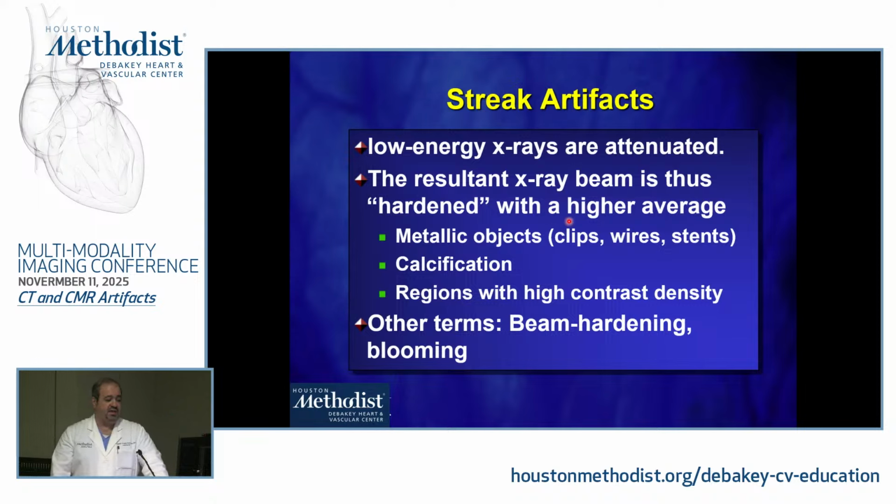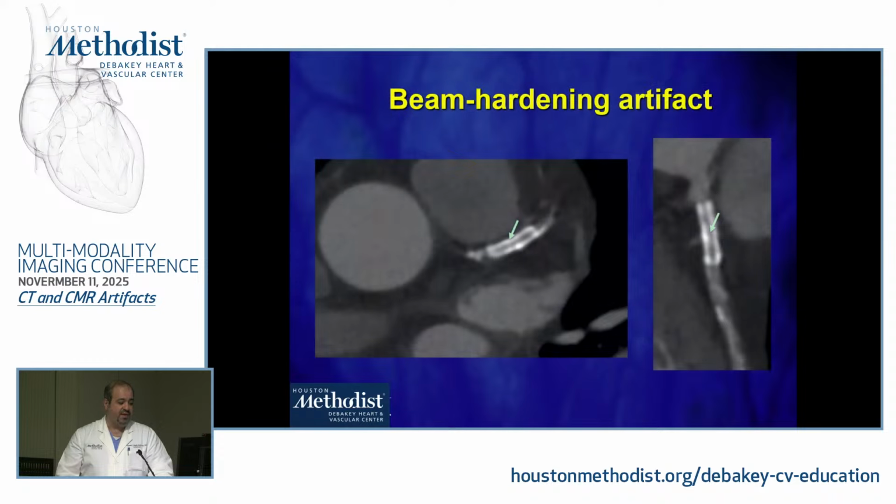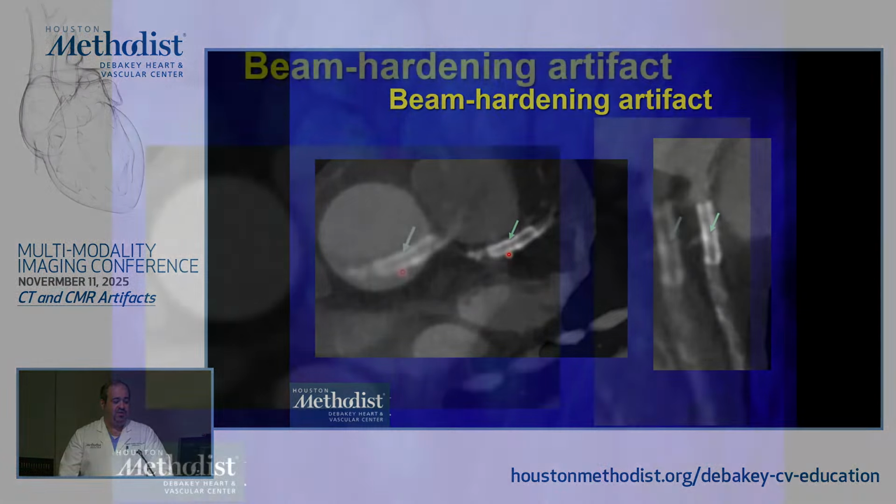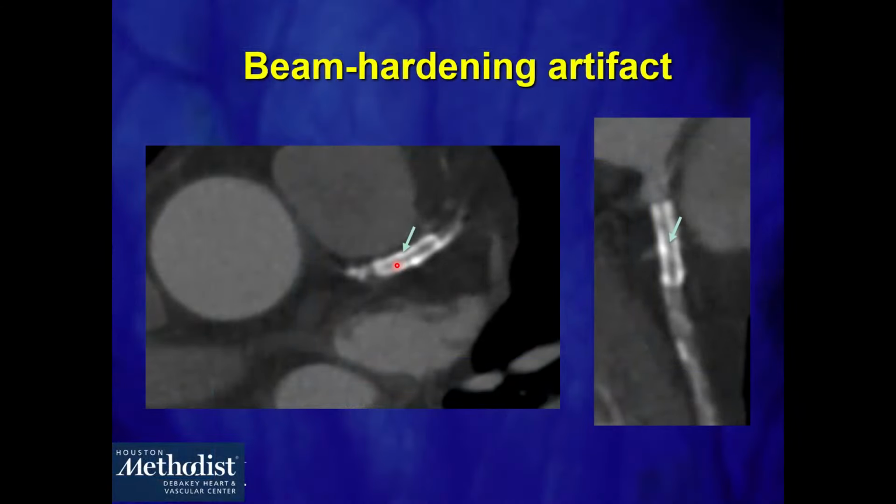Typically, you're going to see it in clips, pacemaker wire, stents, heavily calcified vessels, or regions with high contrast density. Some people call this beam hardening, some people call it blooming. So here's a stent in the left anterior descending. Notice how inside the stent, things appear black. Again, because the weighted average is basically now more of the higher energy, and as the higher energy goes through the stent, there's basically going to be an artifact of low energy that's being attenuated, and I'm not able to